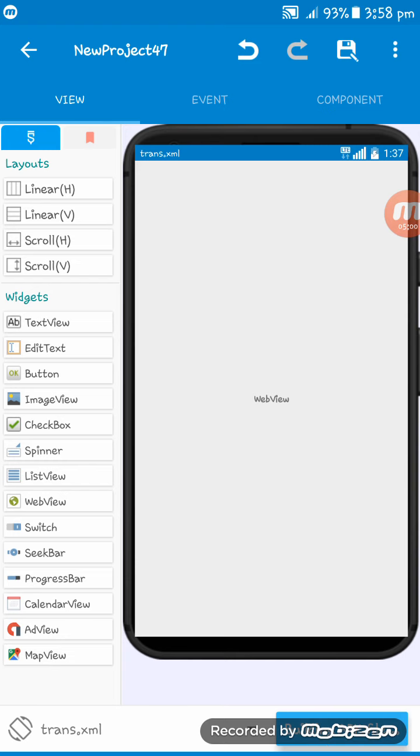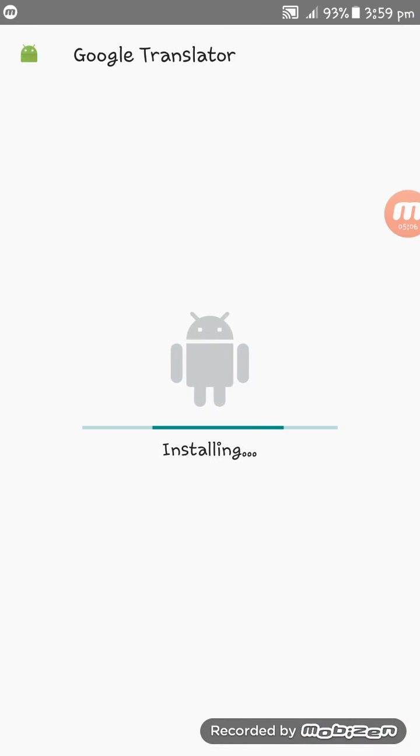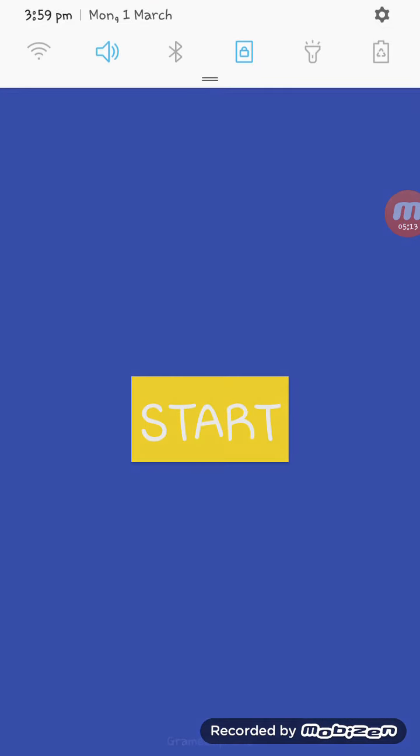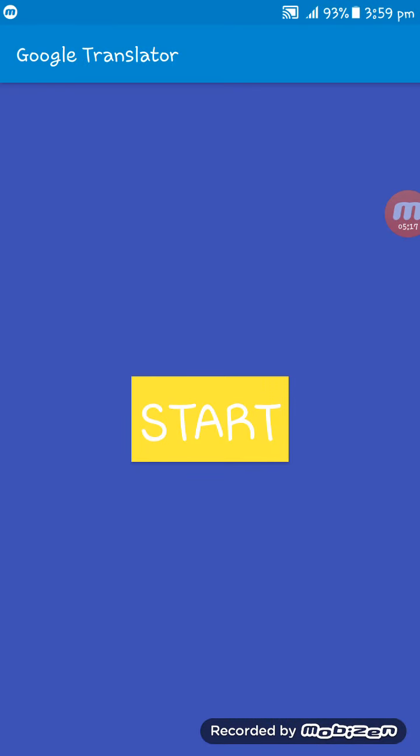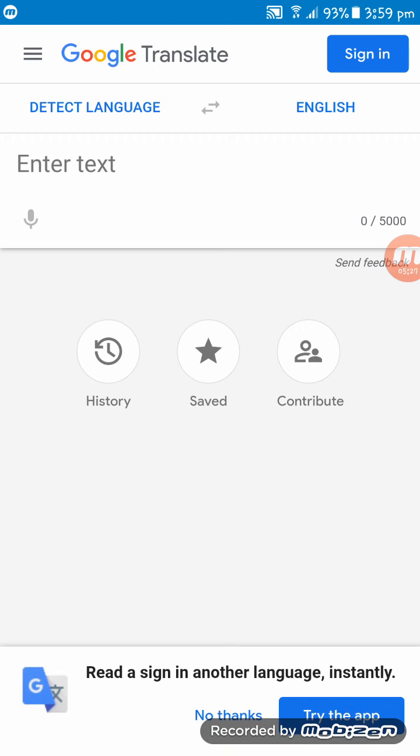Okay, now I am running the app. I am installing the app. Just wait a while. Now I am turning on my Wi-Fi and now tapping on this button. Here you see, here we can translate